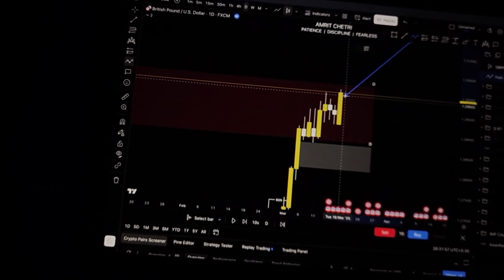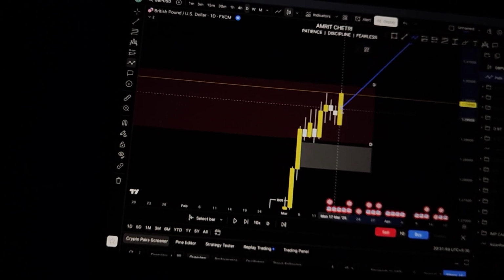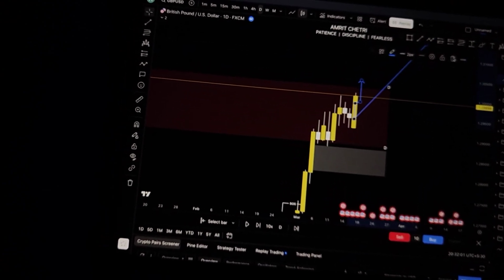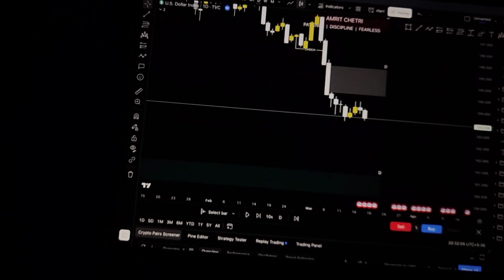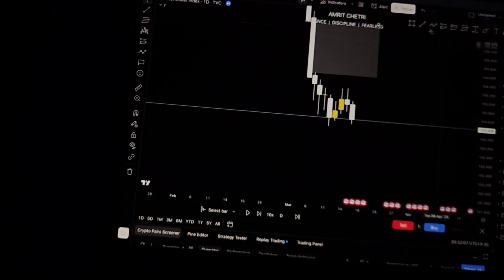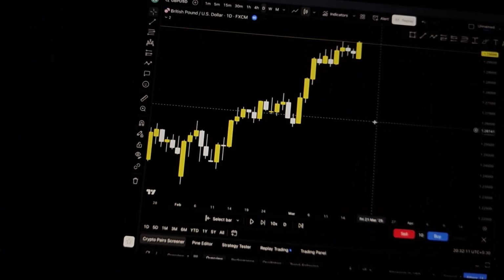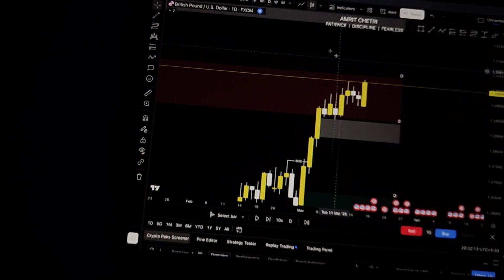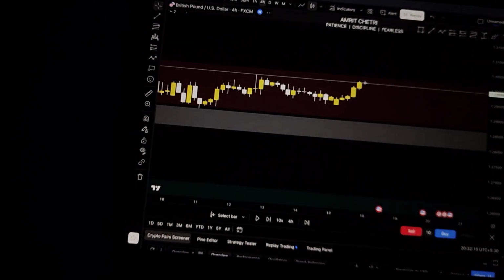So now going on to Tuesday, my bias will be bullish, right? According to how the Monday candle closed, on Tuesday I'll be looking for buys. Waiting for Monday literally gave me the bias for Tuesday. That is what I love about this strategy, right? So I trade with the daily bias, and literally Monday will close as a bearish candle on DXY and a bullish candle on GBP USD. So that is when I go to the 4-hourly time frame.